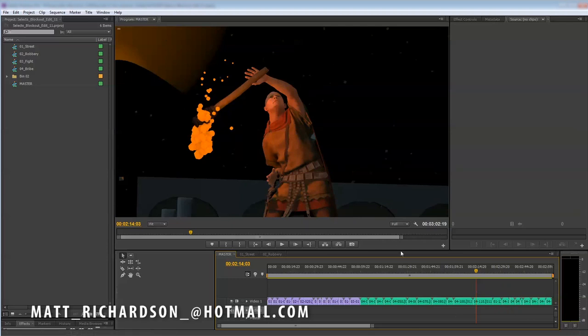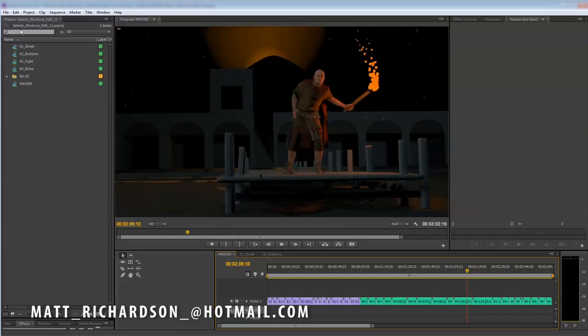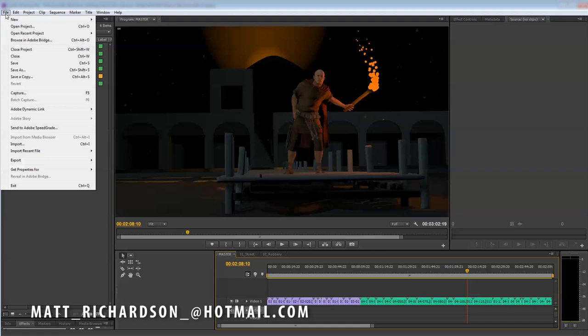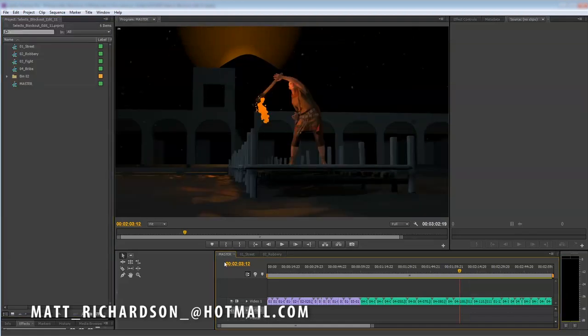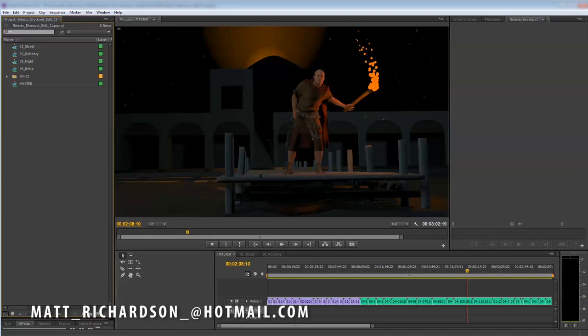So once this is signed off, you just export it as an XML. You just go File, Export, Export as XML. Then we fire up Nuke, we run it through a whole load of my scripts, and that rebuilds this entire shot structure within Nuke. So if I just fire up Nuke,